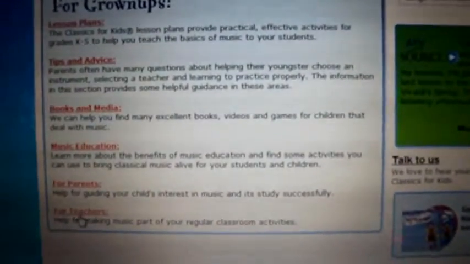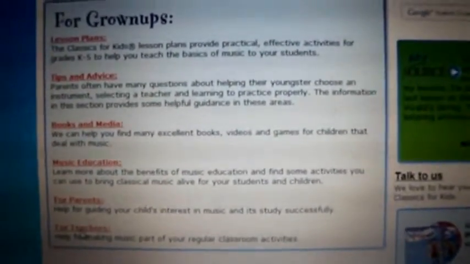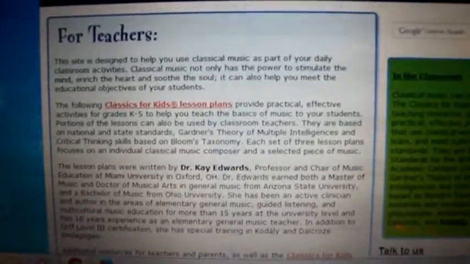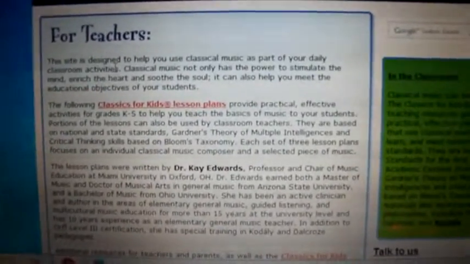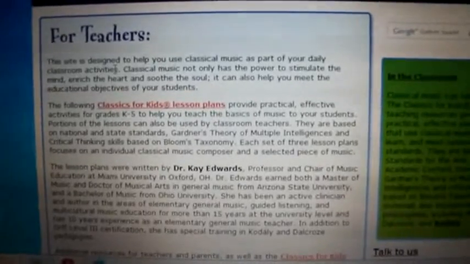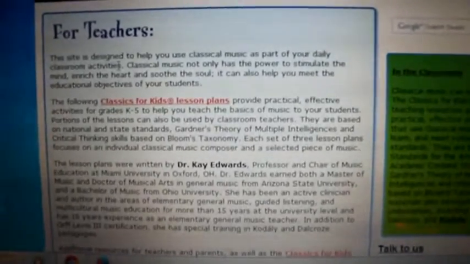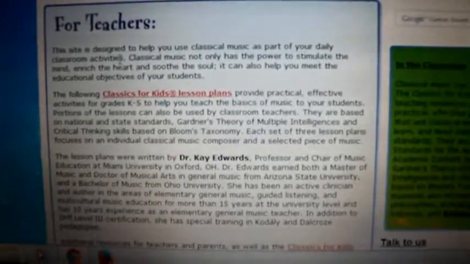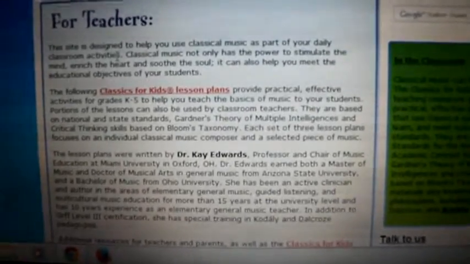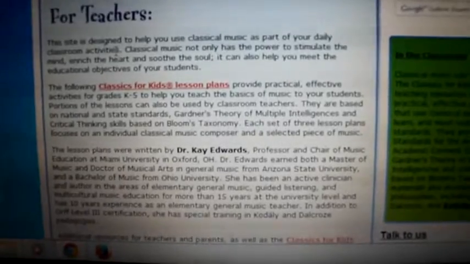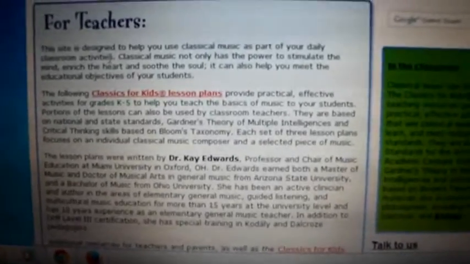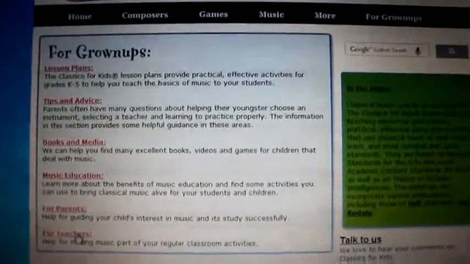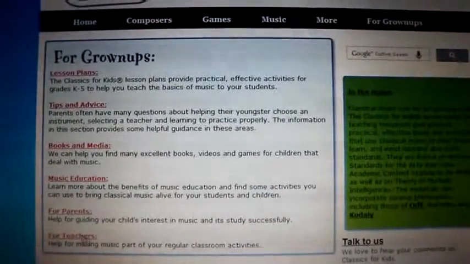Next, example for teacher. So as you click this category, this site is designed to help to use classical music as part of your daily classroom activities. Classical music not only has the power to stimulate the mind, enrich the heart, and soothe the soul, it can also help you meet the educational objectives of your student. So another example is for teacher. So as you click this category under grown-ups,